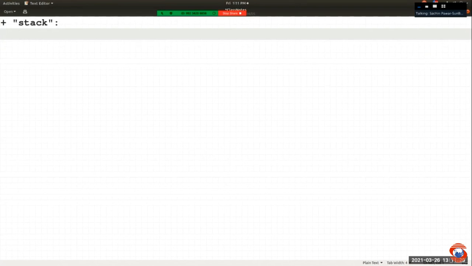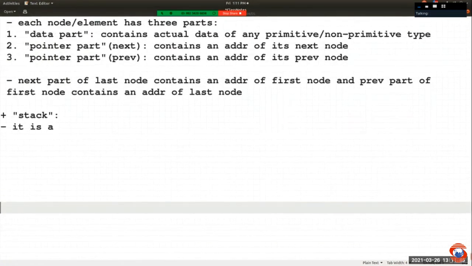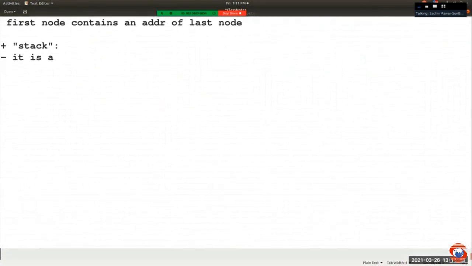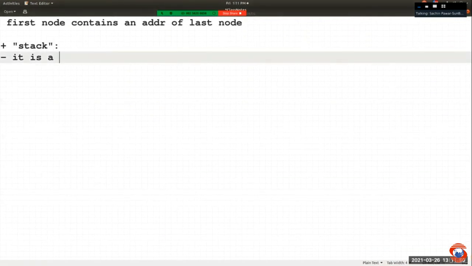So guys, are you ready with stack now? Okay, what is stack? Let us first try to understand what stack is. Stack is a basic linear data structure, which is a collection